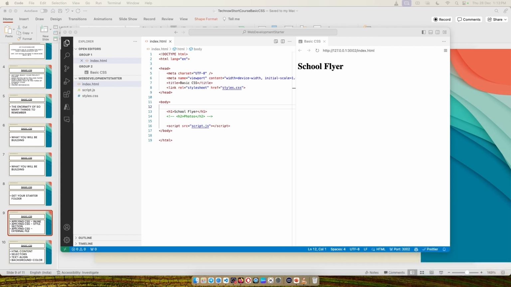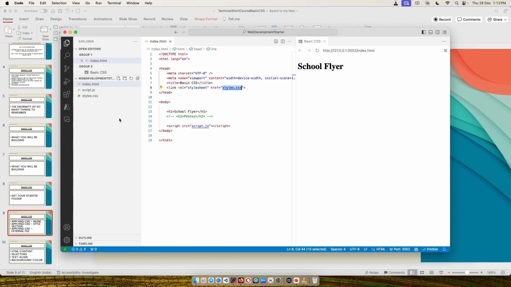So right then, you will notice here that I am using the link tag, which is used to link things, and I'm linking a style sheet using the href. You'll remember that href is used in the a tag as well. We did that in the previous section with the basics of HTML. I am linking this file called styles.css, and you'll notice that I've already included in the starter folder a file called styles.css. Now, in case you are not using the starter, because you want to experiment and so on, then remember, when you create a new project folder, you'll start with the index.html file.